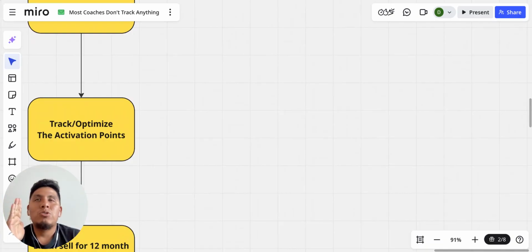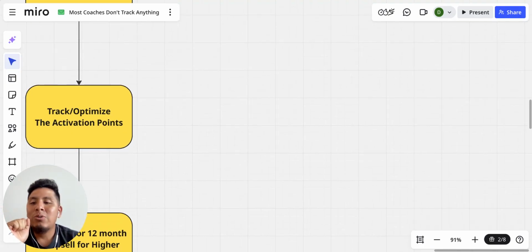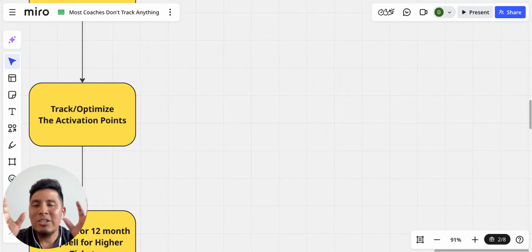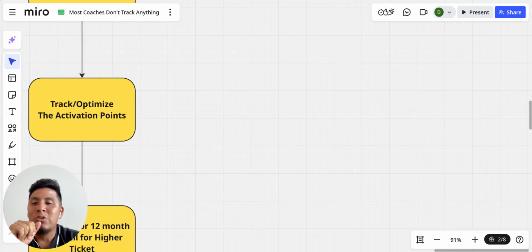So if Joe Schmo does XYZ by 30 days, then that means he's going to go here through 60 days. And then by 90 days, he's going to graduate and reach those results. How can I get Joe Schmo to always make sure that we're optimized to reach day 30, day 60, and day 90? What you're going to do in that position is have control of every client coming in, being able to track the success of the client through the activation points and optimize those numbers and those long-term results as well.